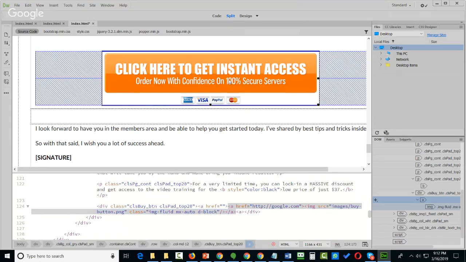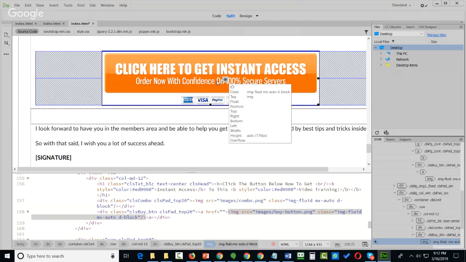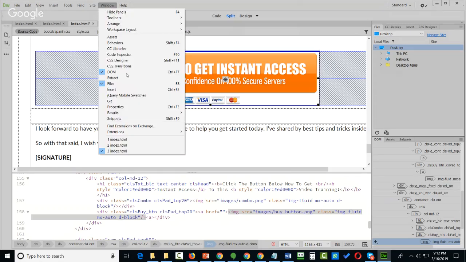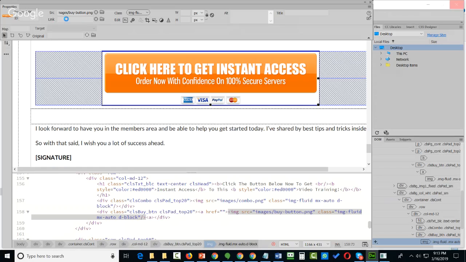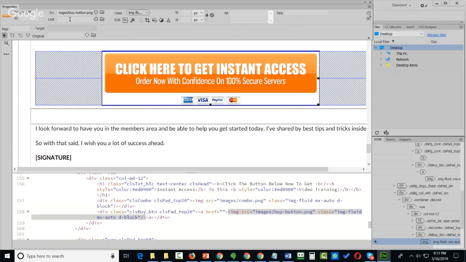Now what I'm going to do is highlight this, and you're going to notice here that we have image source, right? But the image source does not have a link to it. So I'm going to go ahead and use the WYSIWYG editor, and I'm going to use the properties window. I'm going to put that link reference in here. All right, my memory's running a little slow here. Let's put the link reference in here. This time I'm going to put in yahoo.com,